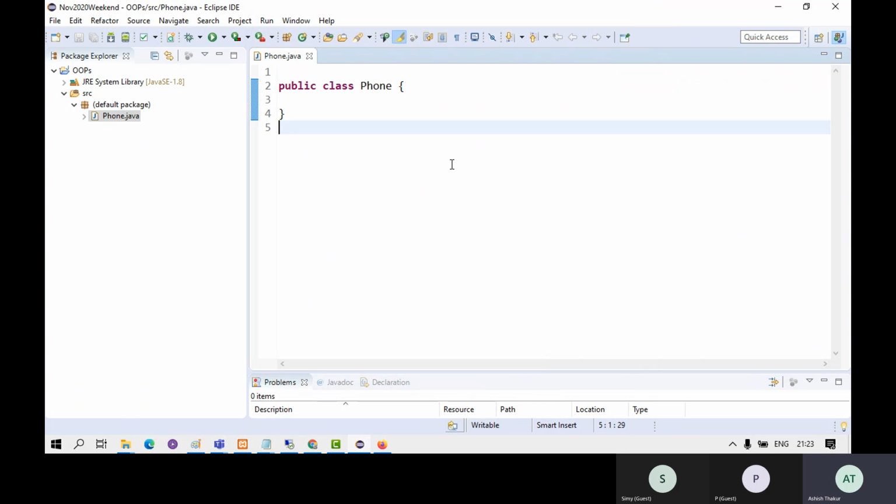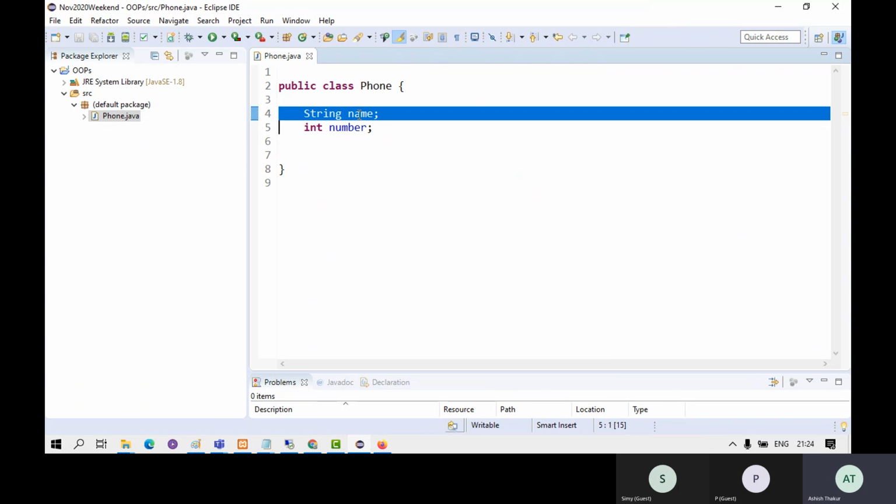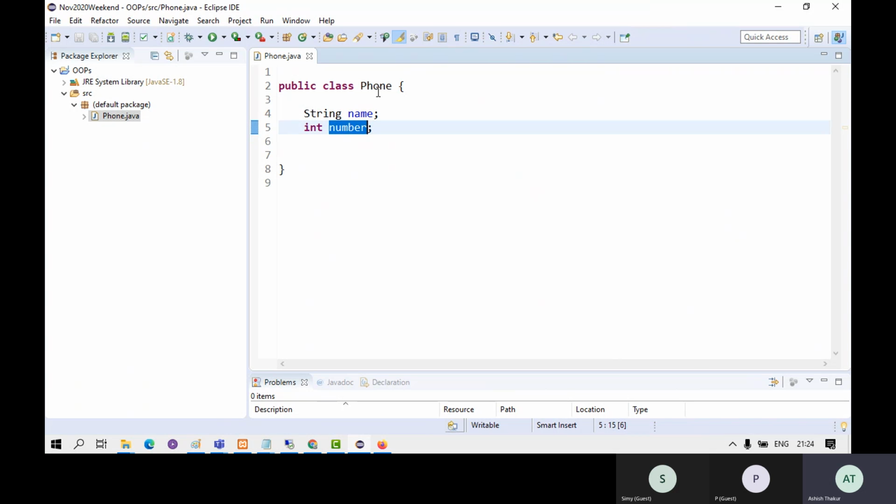Okay, now this is the Phone class, and inside it I can define what the properties of a phone are. For example, the name of a phone, int number, what is the mobile number, or what is the name of the phone, or what is the model of the phone. So these are the two properties of this Phone class. Okay,